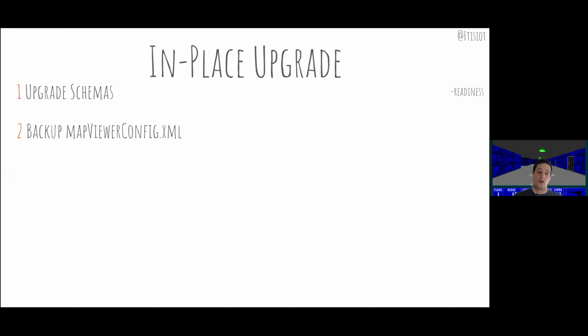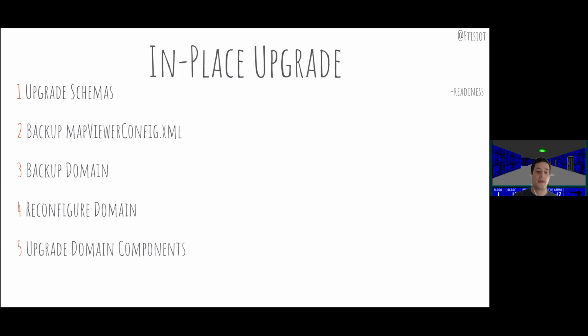Second, do an extra backup of the file containing all the map configuration, the map viewer config. Then you do another backup, if you didn't have these backups before, of the domain. And then you start with the reconfiguration of the domain in order to reconfigure the domain as OAS will read it. And then you start upgrading the single components, for example, the BA server, the presentation server, and so on